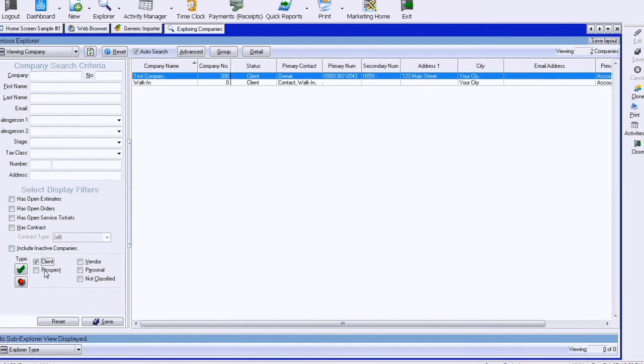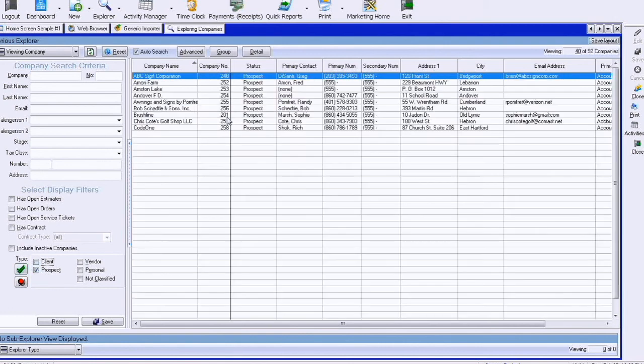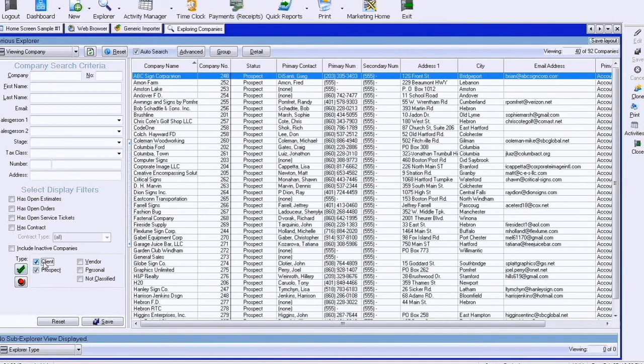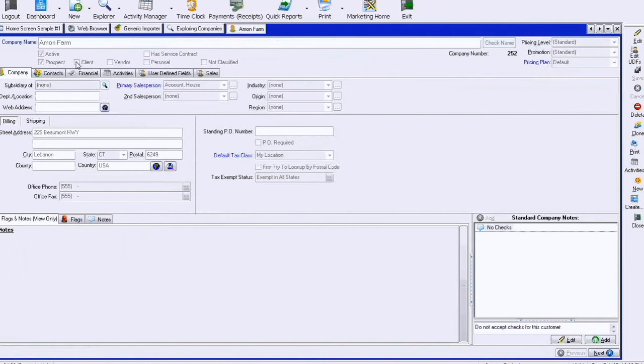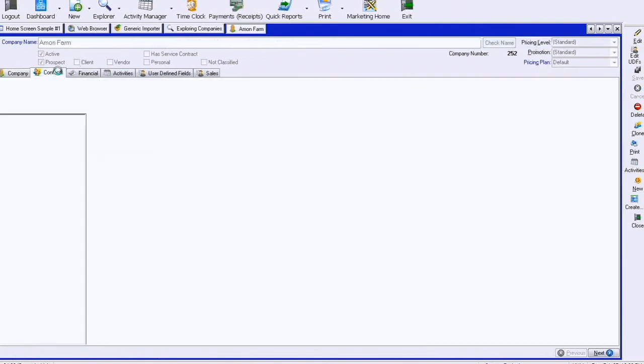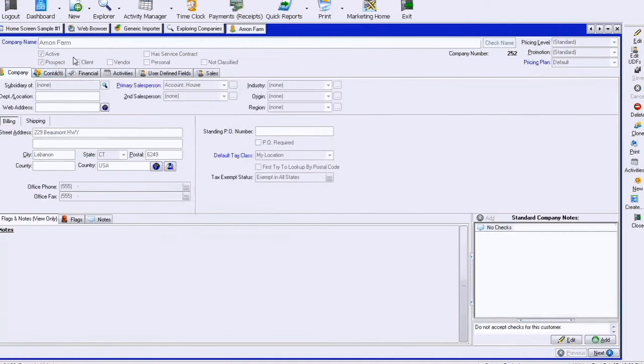So if I pull up a company record, a client is someone that has an order in the system, a prospect is basically everybody else. You'll notice that prospect is checked and not client. It's because they are not clients. They have no orders in the system. However, they can still all be used, and as soon as an order has been placed,